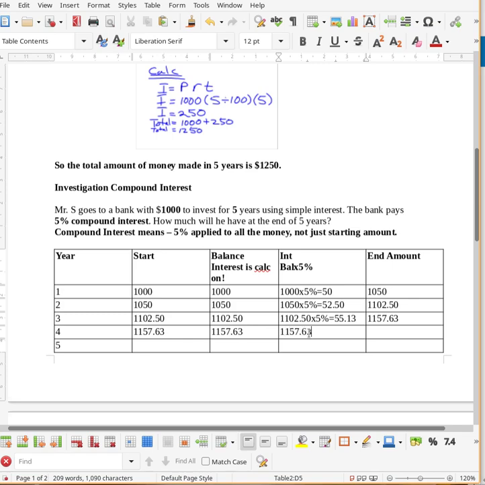We're going to times it by 5%, and we end up with 57.88. Now we add those two numbers, 1,215.51, and now for the 5th year, we start with